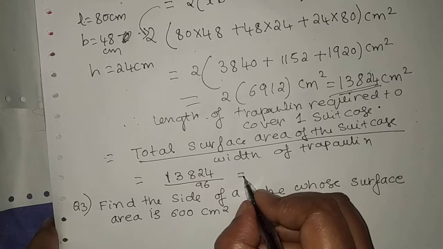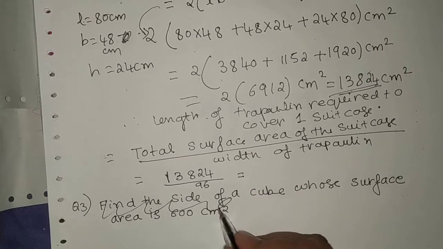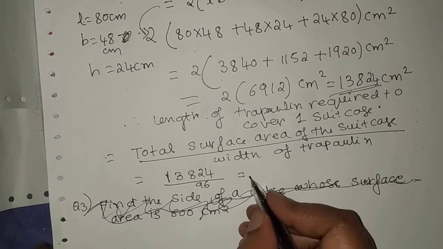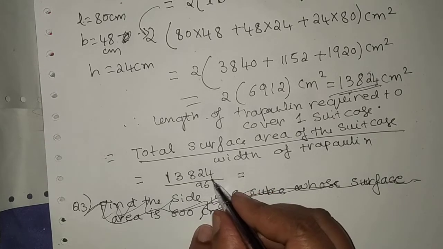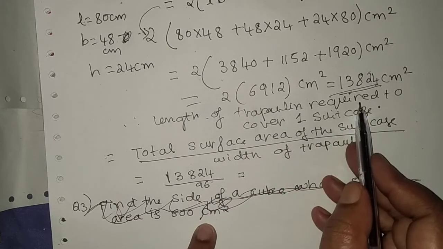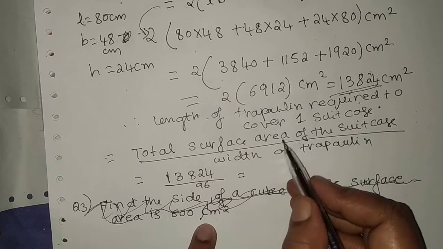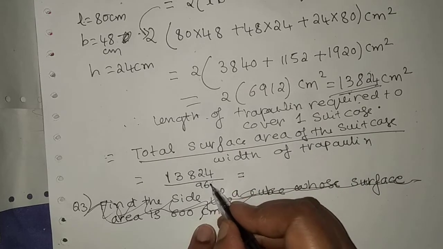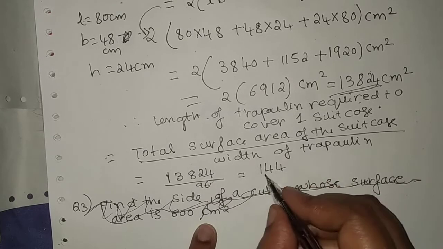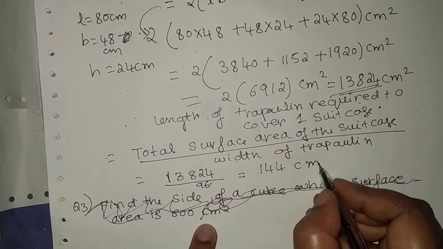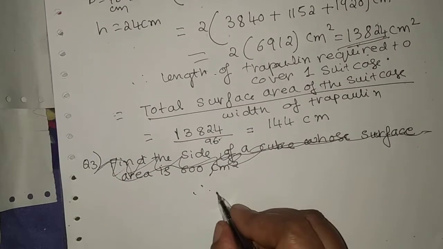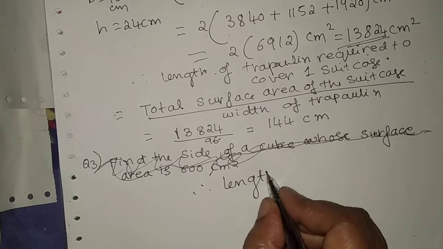Therefore, so here I have written for the second question, I will just cut this because we have to continue this question. So 144 is the total length of the tarpaulin required to cover one suitcase. So this one divided by the width we have to do. Therefore, after this we divide and we get 144 centimeters. After this, therefore, length of the